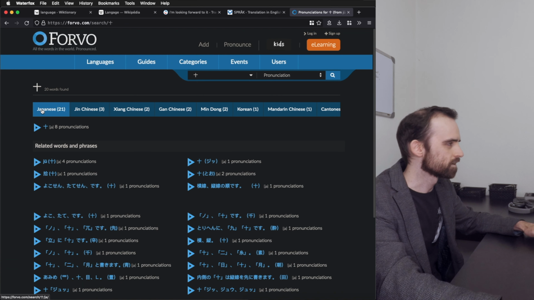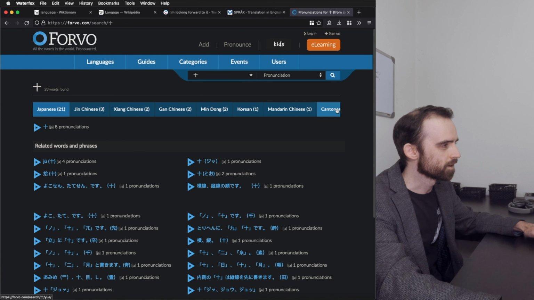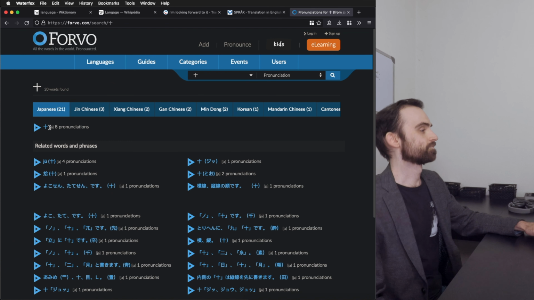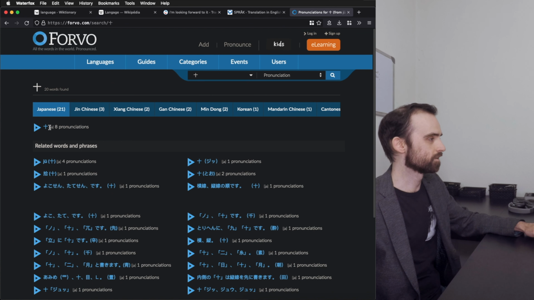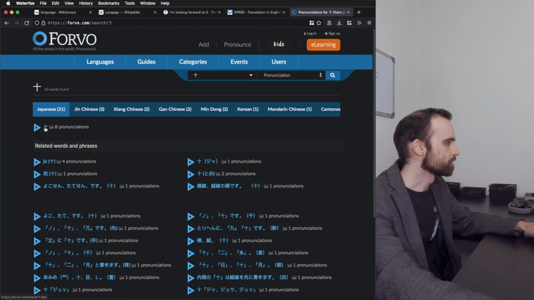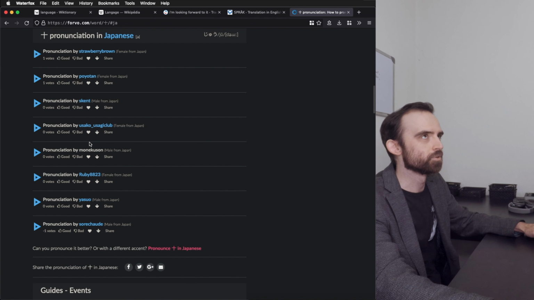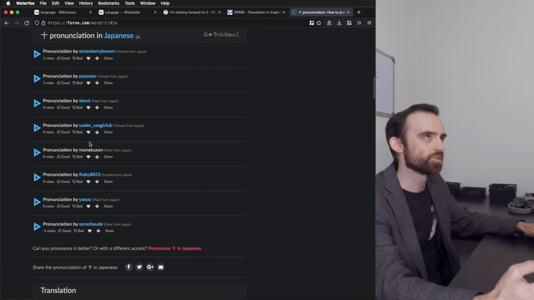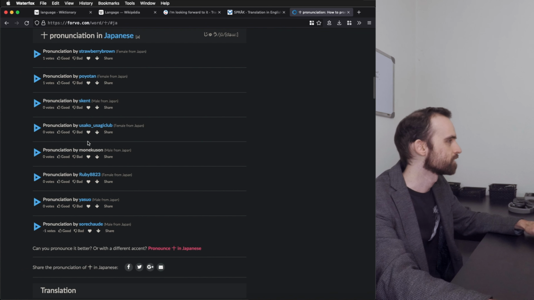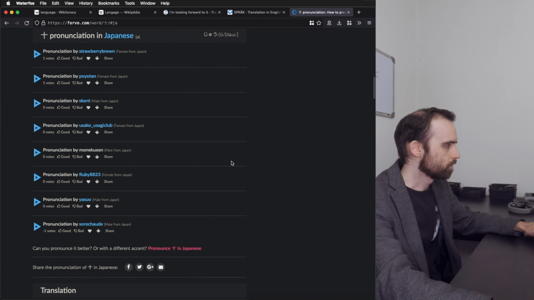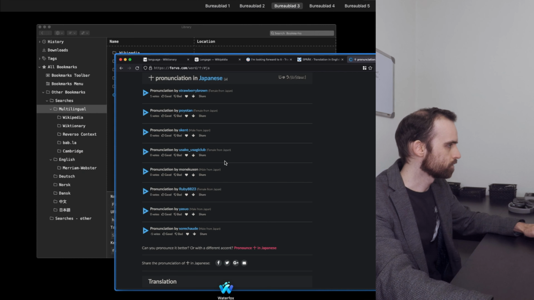Japanese obviously also pops up. Here, all the different varieties of Chinese, Japanese. Basically, this word in different languages and language variants. So this is very useful. A very good website to check if the way you think that the word is pronounced is actually how it's pronounced. So this is Forvo,